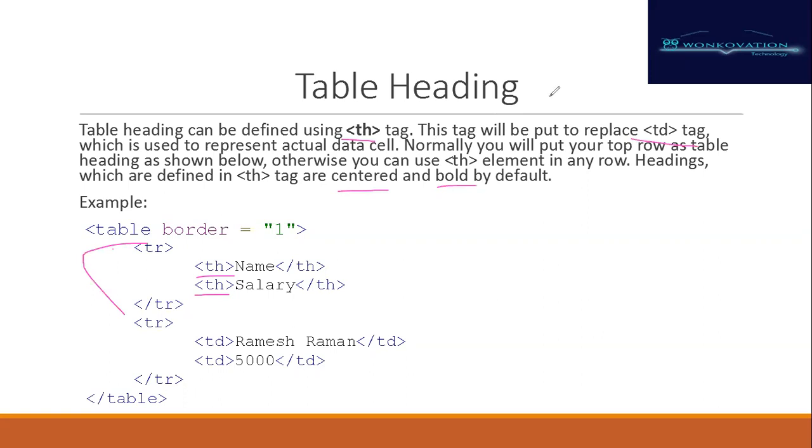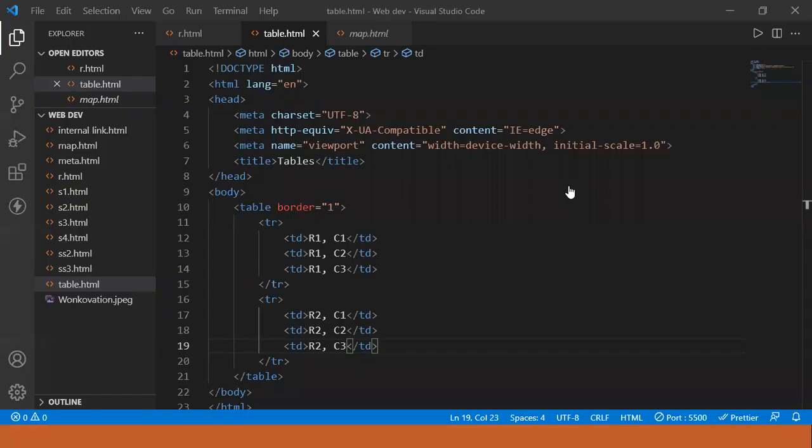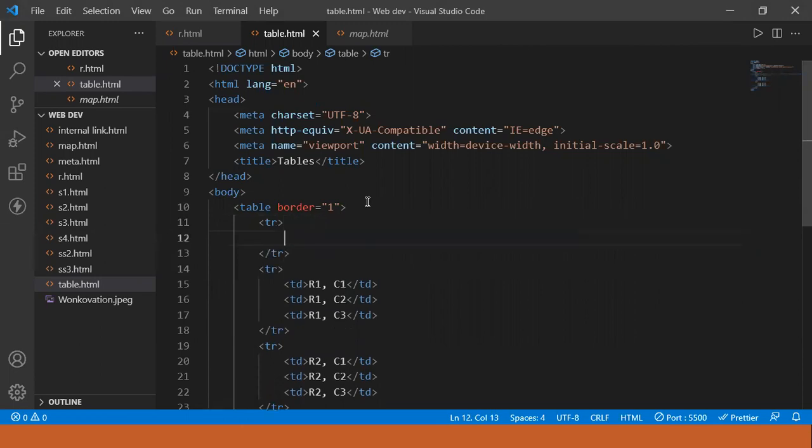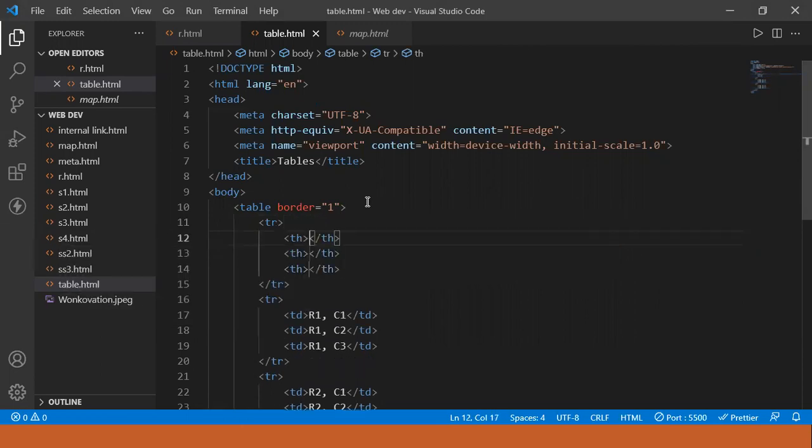Similarly, we are going to implement this in Visual Studio Code so that we can see it. Over here we have used TD. If I want to put the table heading here, let's say TH three times, because there are 3 columns.